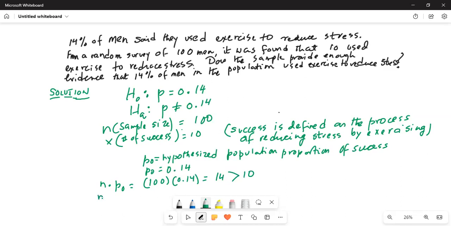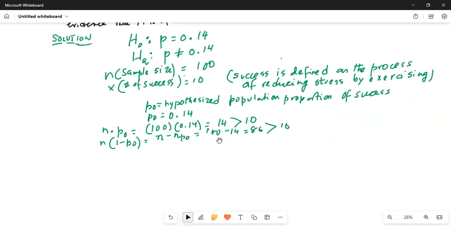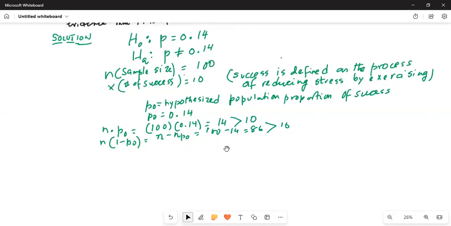We also check N times 1 minus P0, which if I take the N and distribute it to 1 and P0 inside the parenthesis, I get N minus N times P0, which is 100 minus 14 is 86. That is also greater than 10. Why do we need to check that? We need to check that both N times P0 and N times 1 minus P0 are greater than 10, so that we can assume,